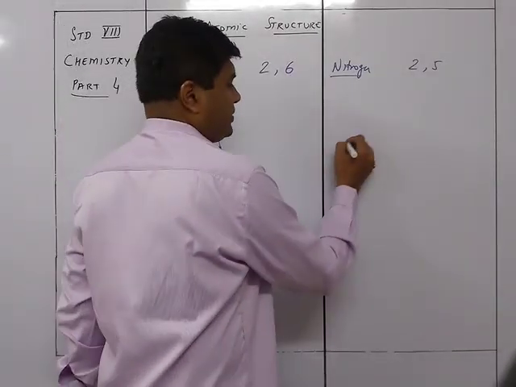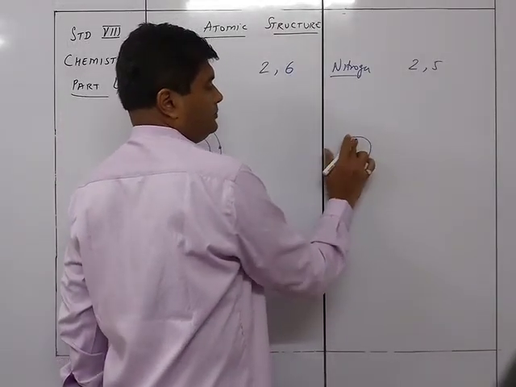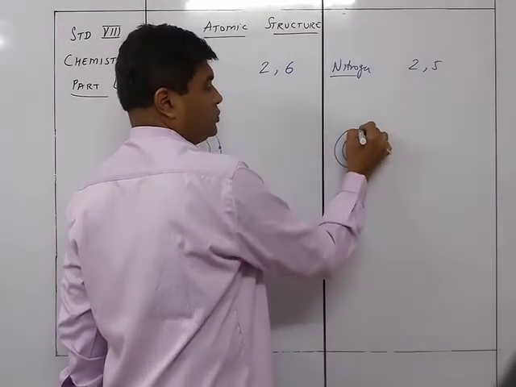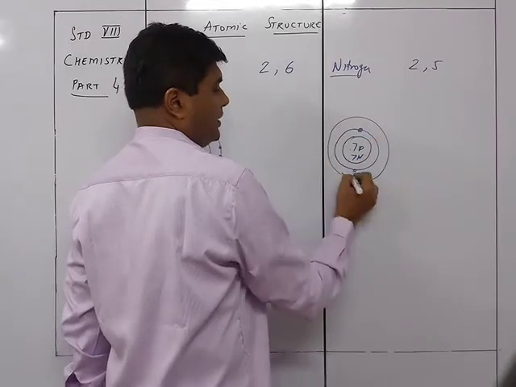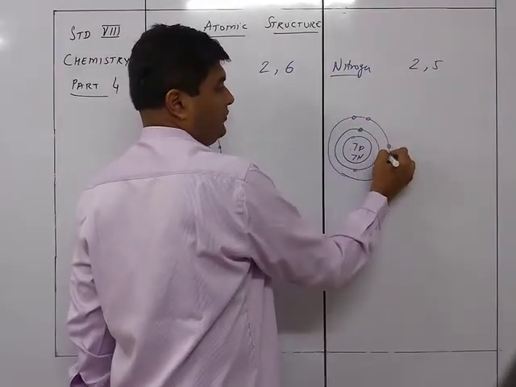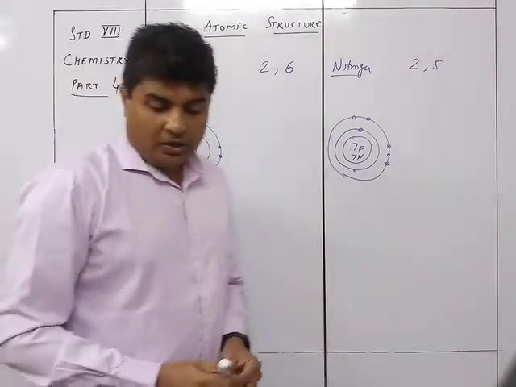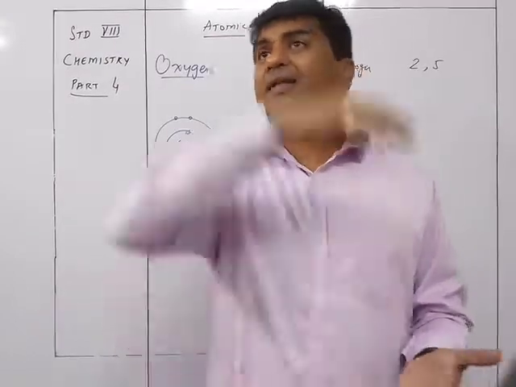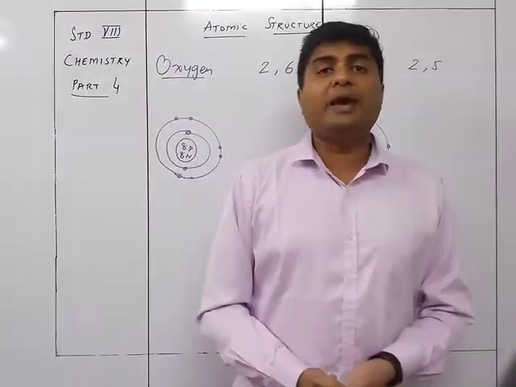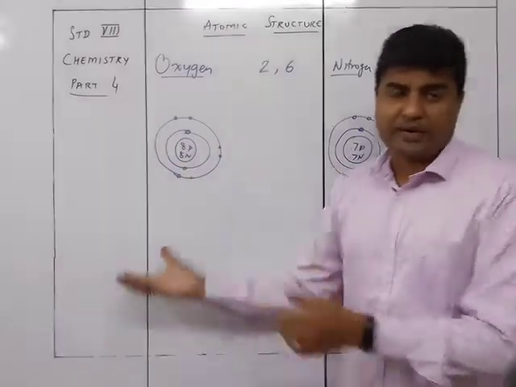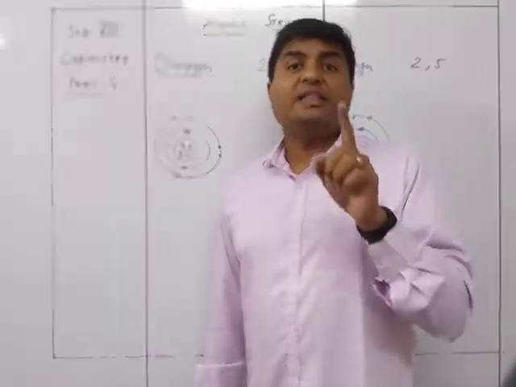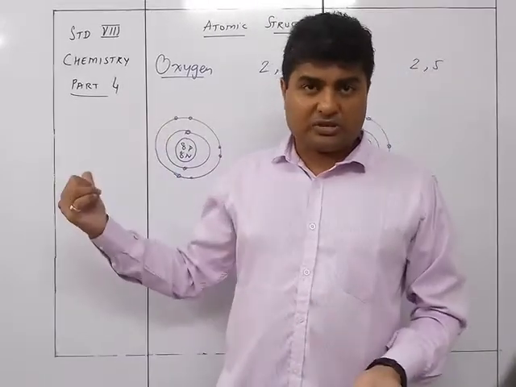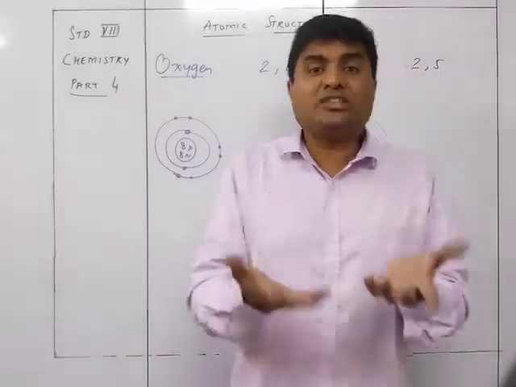And similarly over here, nitrogen is here, which is having 7 protons, 7 neutrons, and 2 electrons here, and the next one will be having 1, 2, 3, 4, 5. You can see in both these cases, you cannot have any metal in the air to give them electrons so that they will become some kind of compound. In such cases, they will need the help of their co-atoms. What are co-atoms? The next oxygen atom.